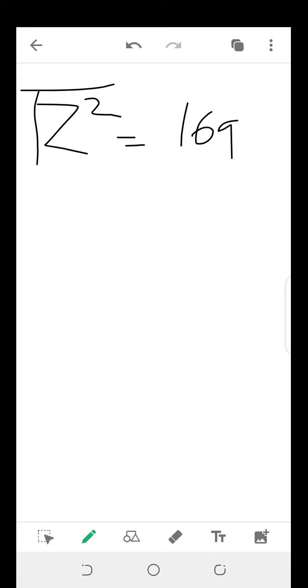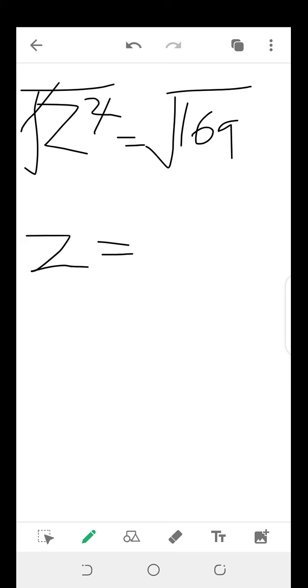So we say z square equals 169. But we don't need z square, we need z. That's the hypotenuse. So we square root both sides. So square root of z square and also square root of 169. The root cancels the square, so we have z is now equal to